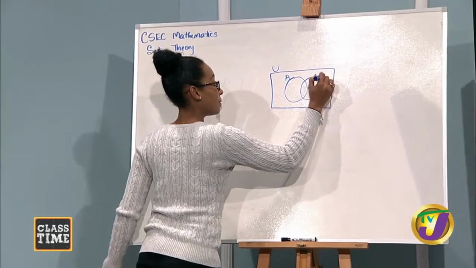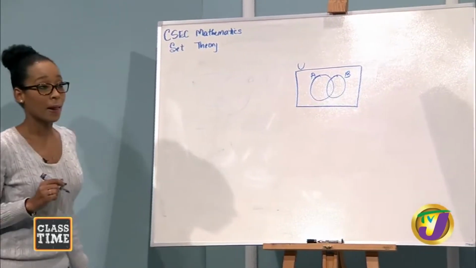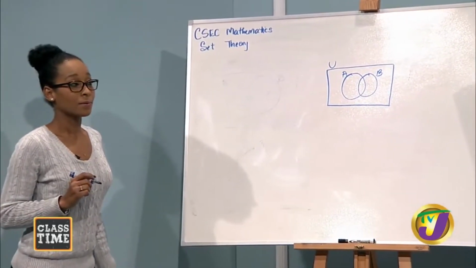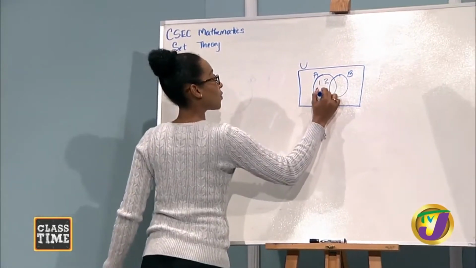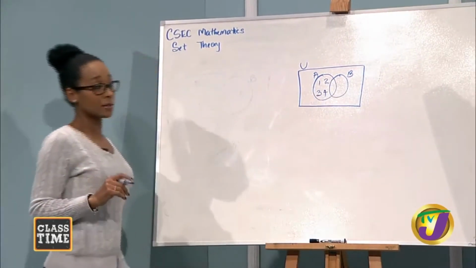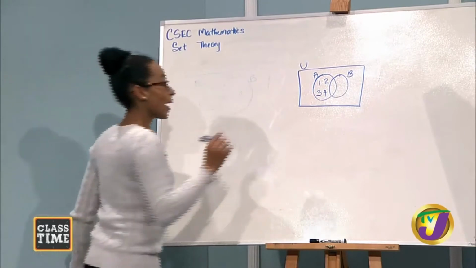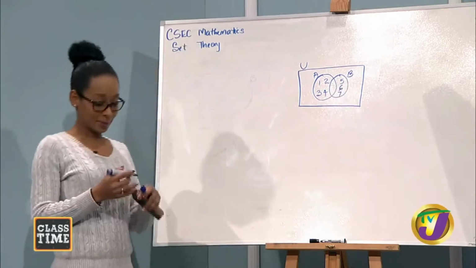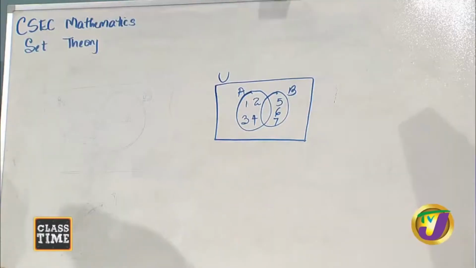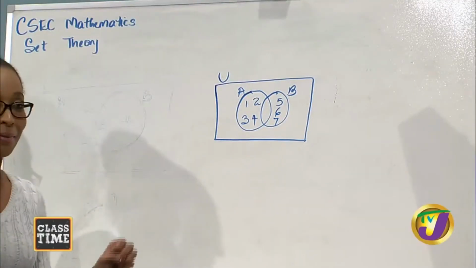No problem, man. Set A: you have 1, 2, 3, 4 in set A, so you can put those in. Set B: 5, 6. But look there. Hold on, man. Nothing is in the middle. Okay. So because there's nothing in common with set A and set B,